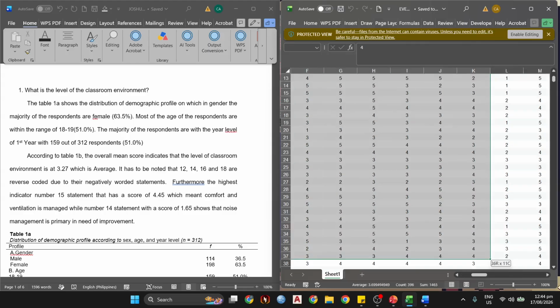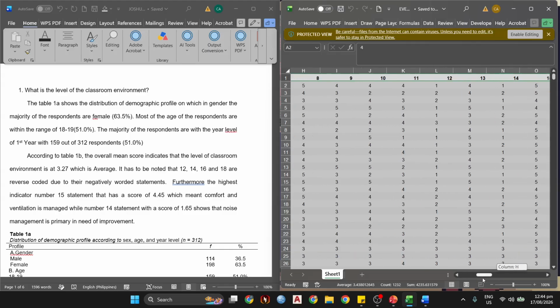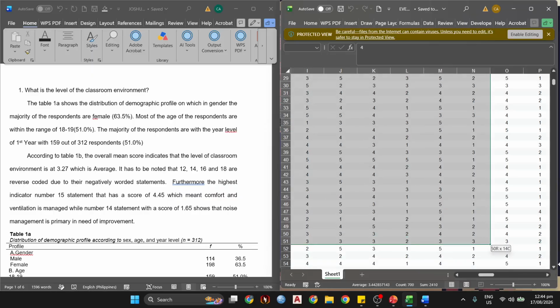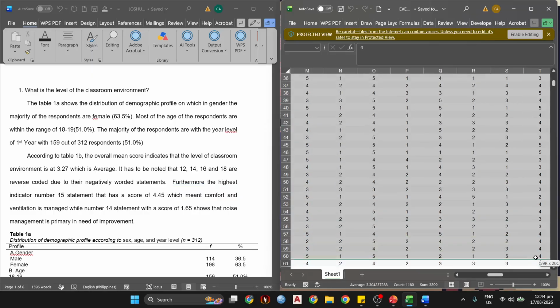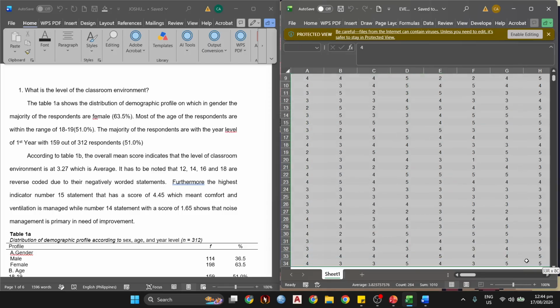But this is the information that you'll be able to get in your data gathering, essentially.